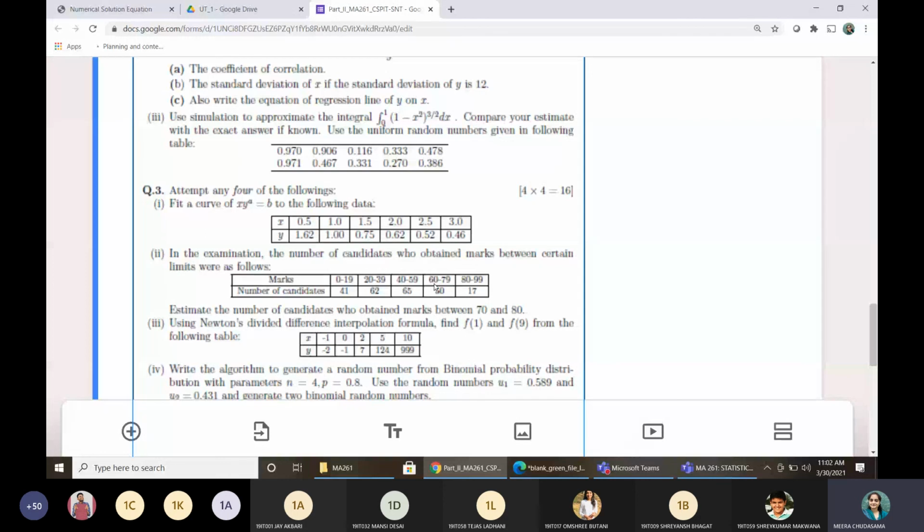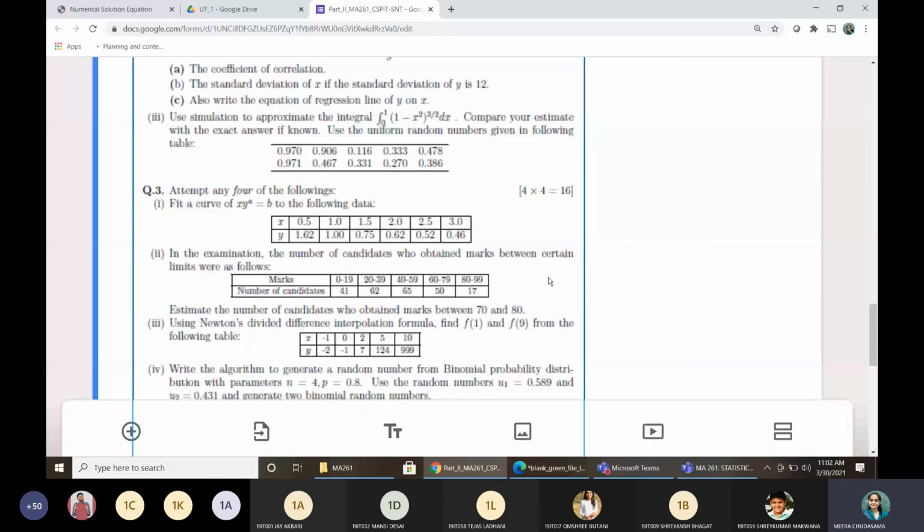So when you apply the backward formula, you will get the number of candidates with marks less than 80, which is in answer 196, and when you subtract it from this one, there will be 22 numbers which will fall in this category. In that case, h will be minus 1.5. Okay, so if you have done it incorrectly, you will get the marks for the method. If you have attempted it correctly, then the entire 4 marks have been given.